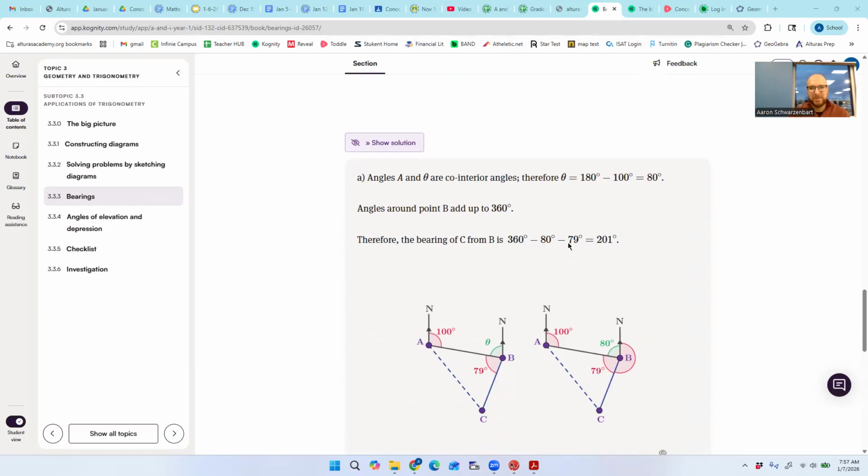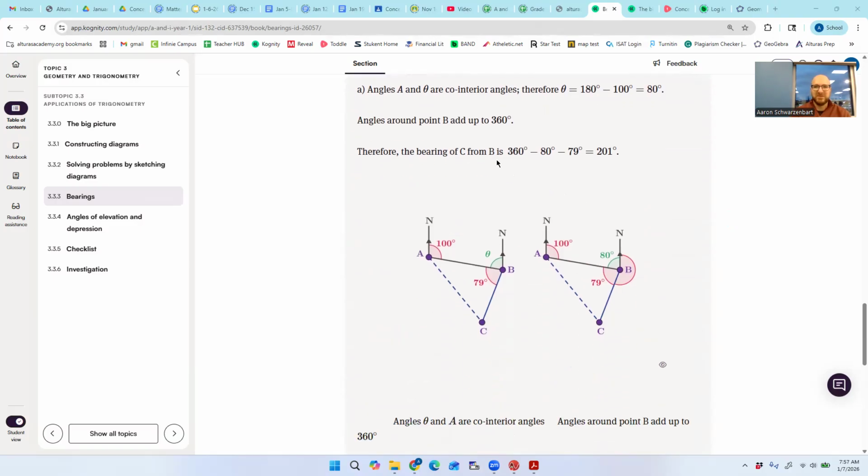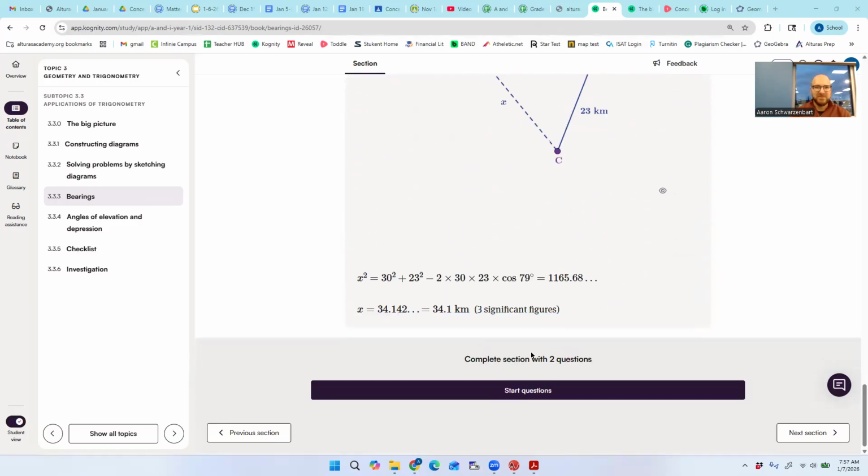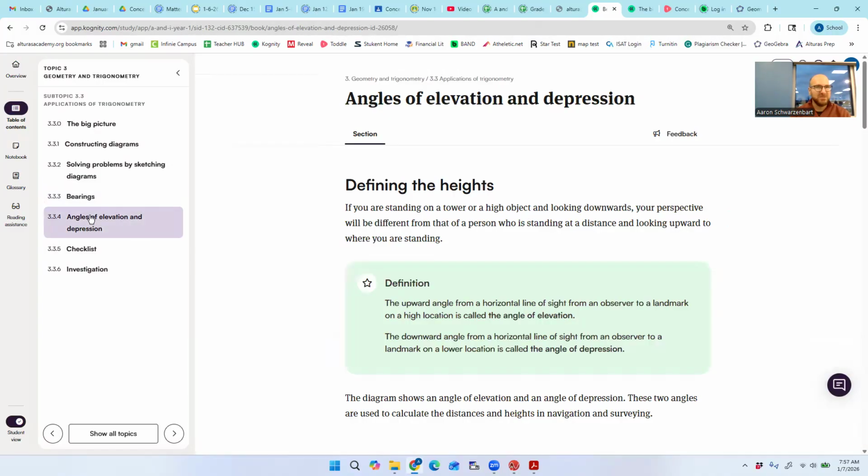So they have this written down, and then that's it. So let's see that. Going back. Angles of elevation and depression. Can you guys be relatively quiet? You can talk quietly, but